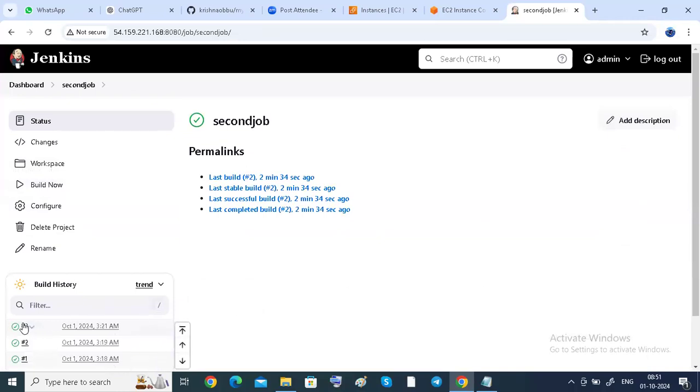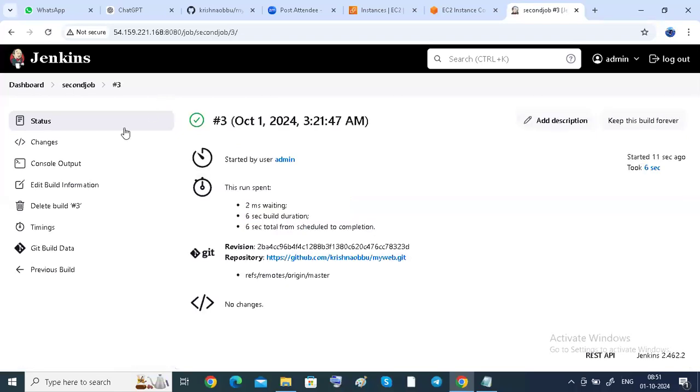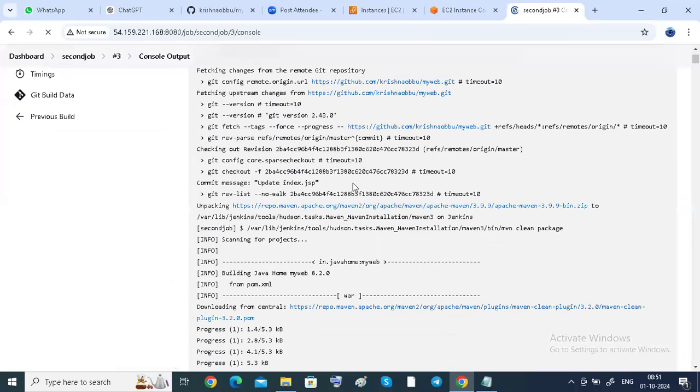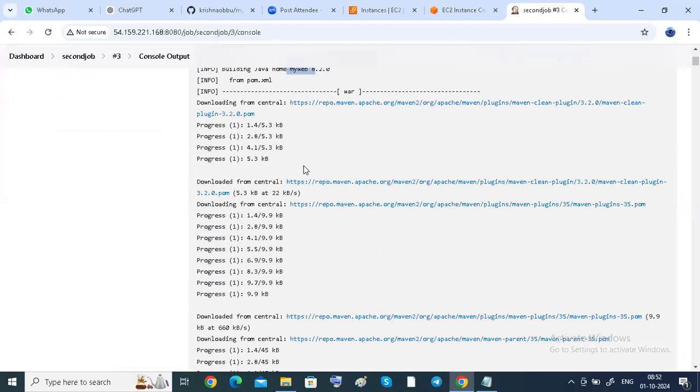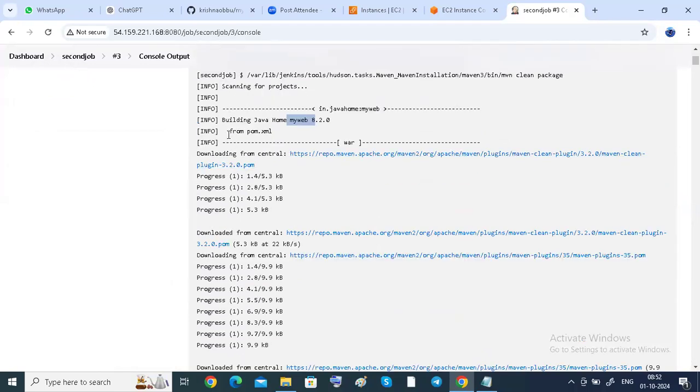See here, success has come. Go to console output. See if you can see here. Maven always looks for the pom.xml file, guys. It is checking what is the version, what is the build, what is the directory and everything. Okay, what is the artifact ID, group ID, version ID, everything it checks, and goes on checking this pom.xml